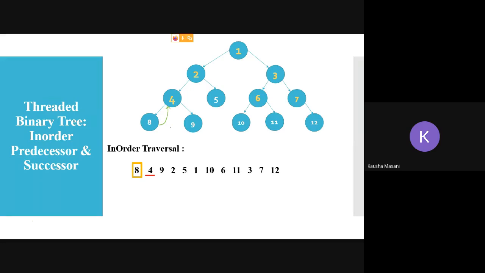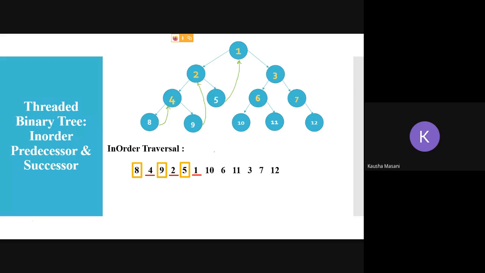Now go for 9. 9 is again a leaf node. Which is the in order successor? 2. So this right side of this 9 is going to point to 2, creating the special thread. Then it is 5. 5 has in order successor 1, so the right side is going to point here.